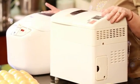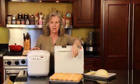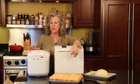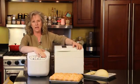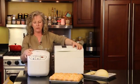My favorite thing to do in this is to make dough. I make dough for my yeast rolls, pizza dough, pasta dough, any kind of dough you can think of. Cinnamon roll dough, any kind of dough. It also does all these different settings, whole wheat, nut bread, any kind of bread you want, you can make